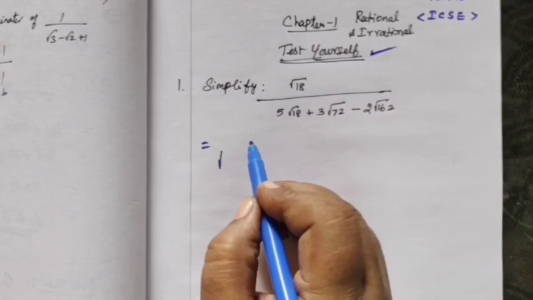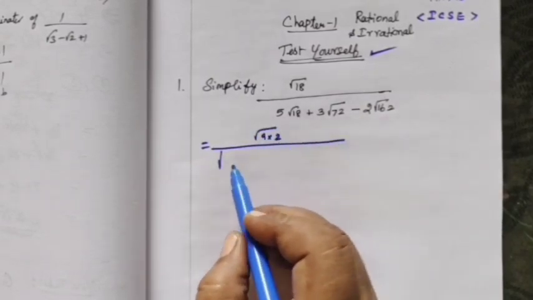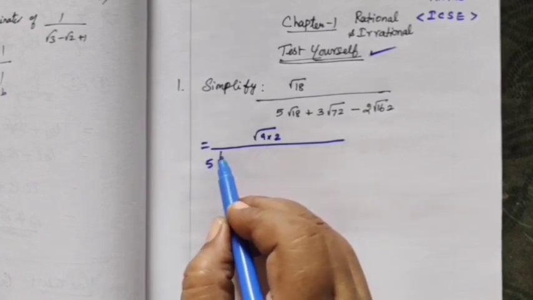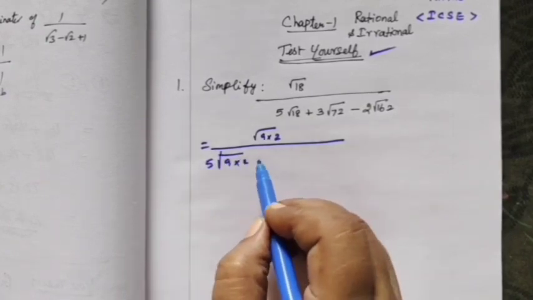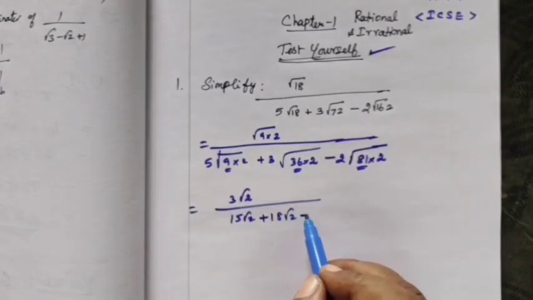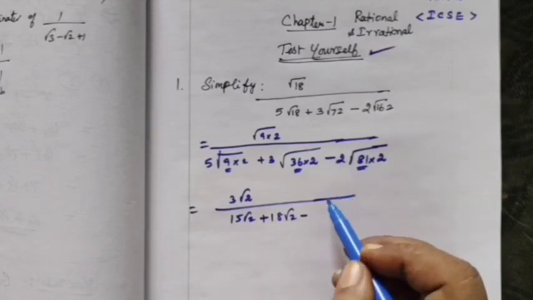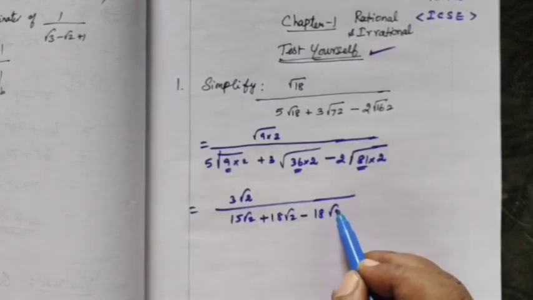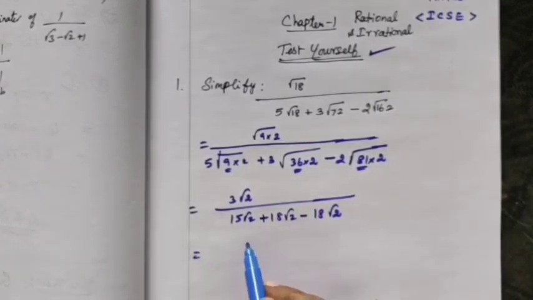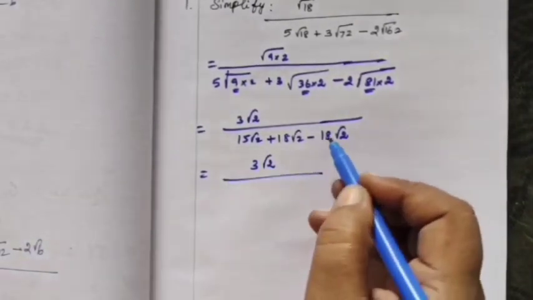So root of 18 you can write as 9 into 2, then root 9 into 2 plus 3 this, so 18 root 2 minus 9, 9 nines are 81, 9 into 2, 18 root 2, so equal to 3 root 2 by